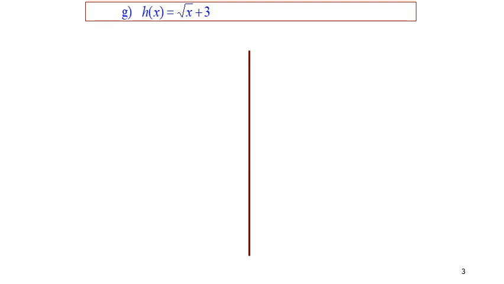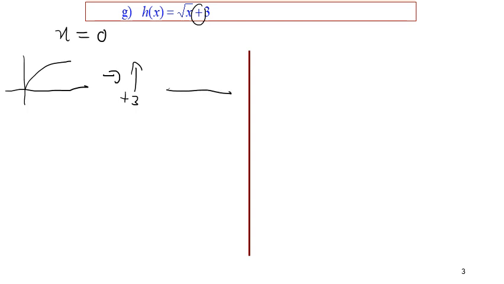Next, for g, the function is square root of x plus 3. So we know that x will start at 0, so later on we reflect the domain. And look here, we have plus 3. So originally the graph will start at 0 like this, but since we have a constant plus 3, the graph will shift above by 3,